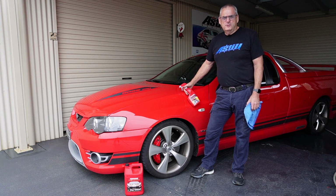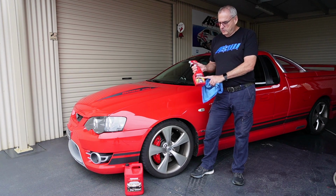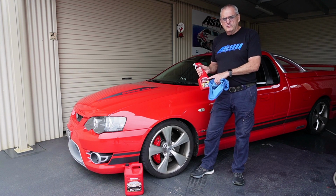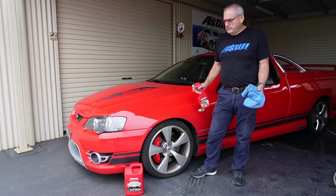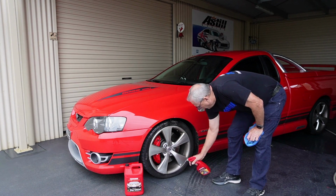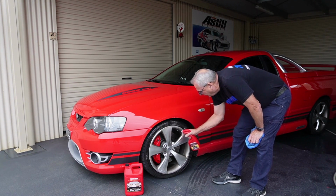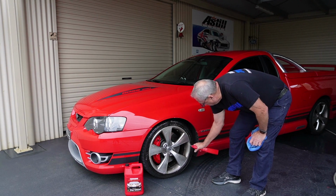With all this rain, it's been just about impossible to keep the ute clean, but we've got a couple of days break in the weather at the moment, so the wheels are looking pretty average. I've done a few trips up to Sydney with Tim and stuff, so I use the aluminium wheel cleaner on my painted wheels, and I find that's nice and gentle and soft on them, and I've been doing it for years with this product. So I do them dry, so I'm just going to give it a coat on the whole lot, including the tyre, and then I like to get inside as well,